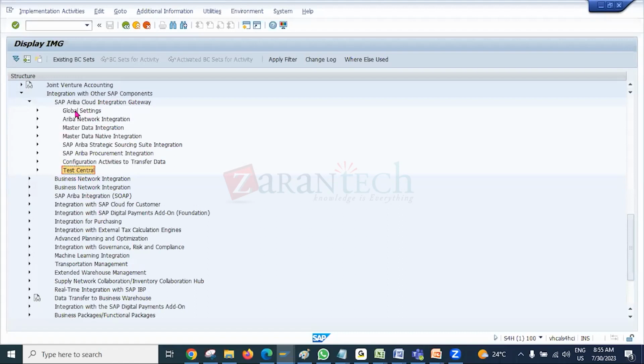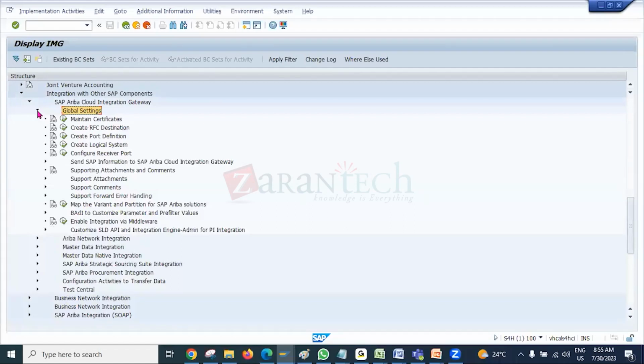Let's talk first about the global settings. We'll see, as part of global settings, whatever things the Basis system team has to do. We will see it in the system itself, and I will run a PowerPoint as well, just for your easy understanding, because this is mostly technical configuration. We may not be able to digest all the particular configuration, so we'll try to understand at a high level the step-by-step activity that our Basis team has to perform. That's something we'll discuss with the help of the system and the PPT as well. Okay. We'll talk about that, but before that, let's take